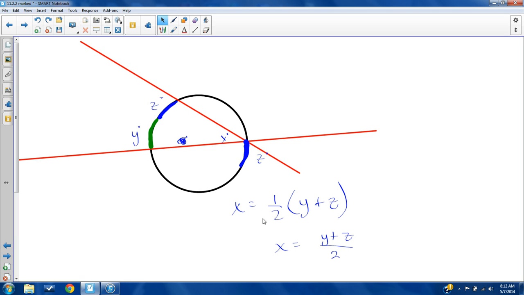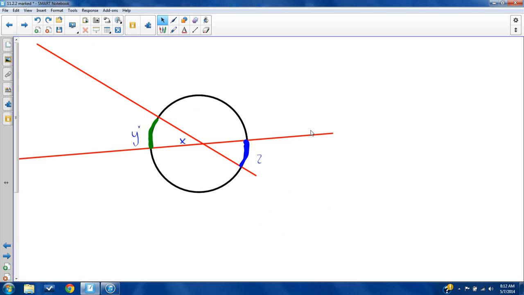I want to see if I can keep that. Okay. Moving on from there. Okay, x is y plus z over 2. Moving on from there, let's say